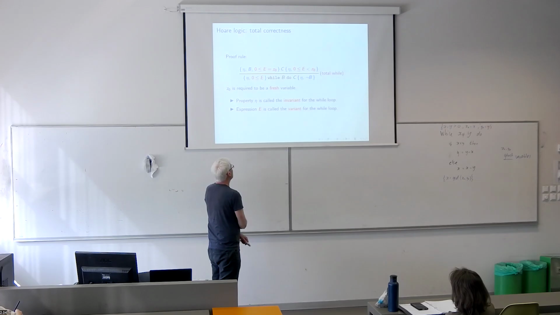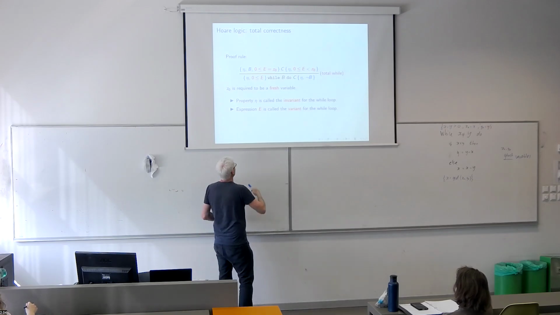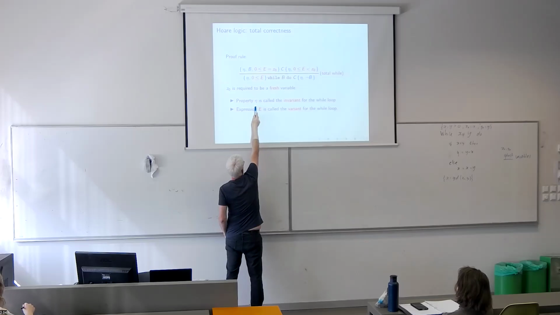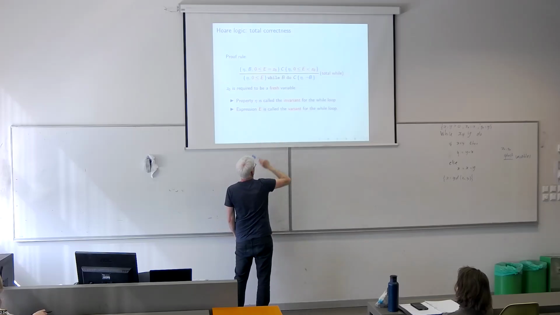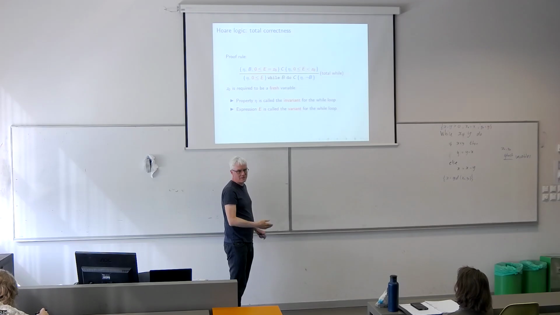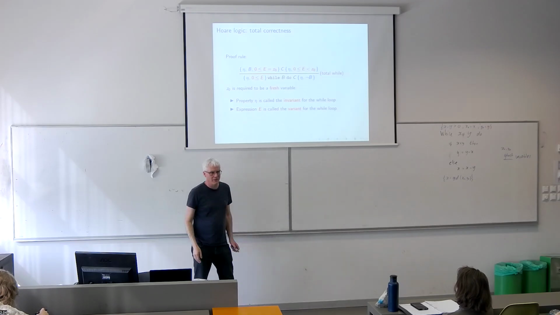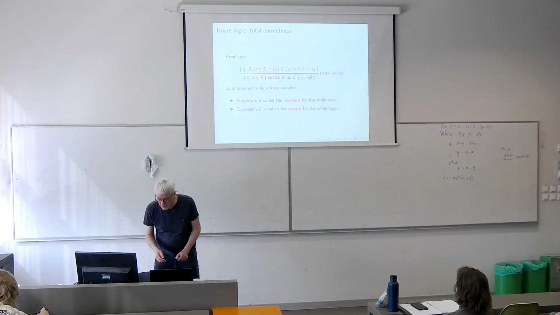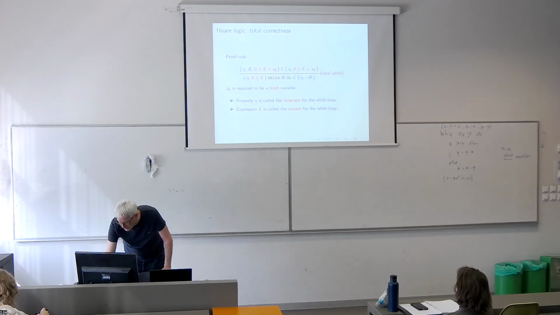And nicely, E changes value. So we found the property related to the specification we're trying to show. That's called the invariant, as I said, because it stays the same. And E is called the variant of my total correctness rule because it changes in value every time we go around the loop. Okay, so I just want to end before the break by